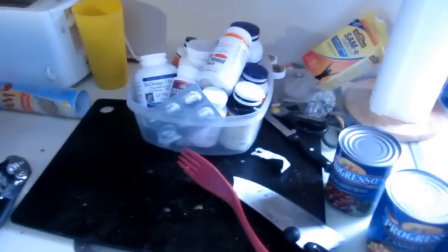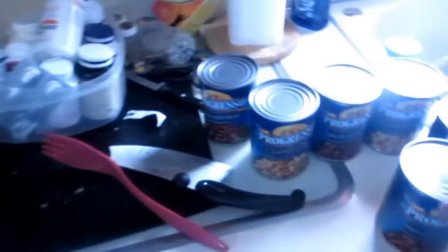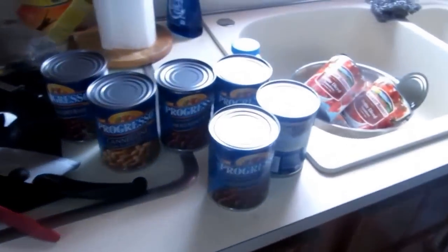Next thing I gotta do is clean these beans. The beans will go in next, and the kale and the cabbage. Won't mind the mess. I just went food shop and I gotta pick all these bags and stuff up. Just come back from food shop and this is all gonna be picked up. So,